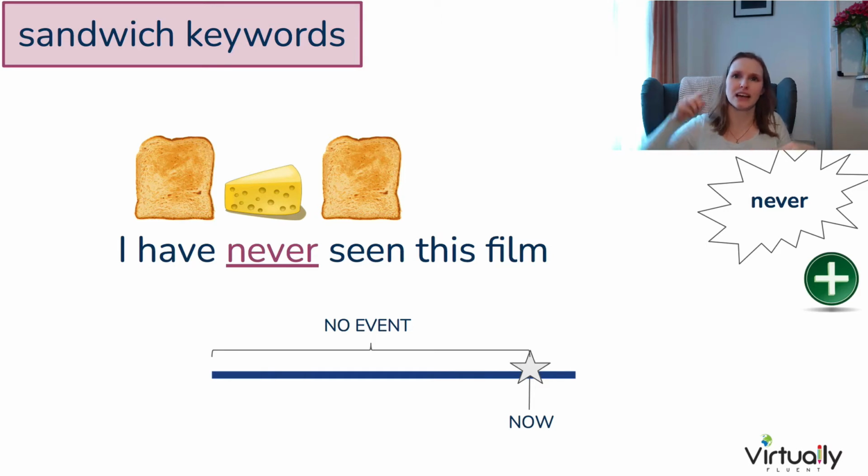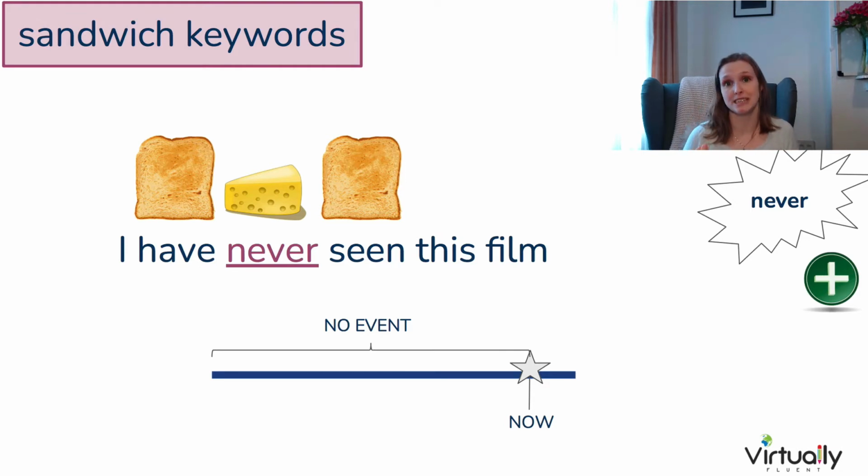The way that English works is a little bit like a circuit. It needs something positive and it needs something negative. And never is a negative word in English, which means our verb must always be affirmative. We can't have 2 negative parts in a sentence. So we only really use this in affirmative sentences.